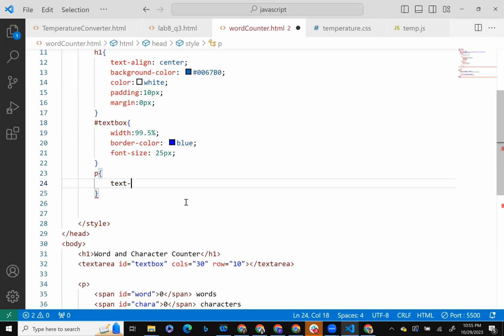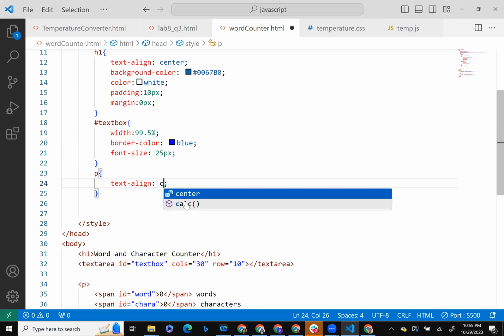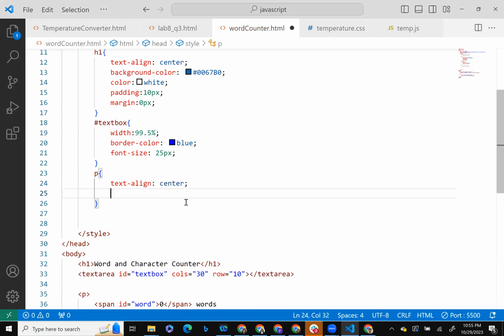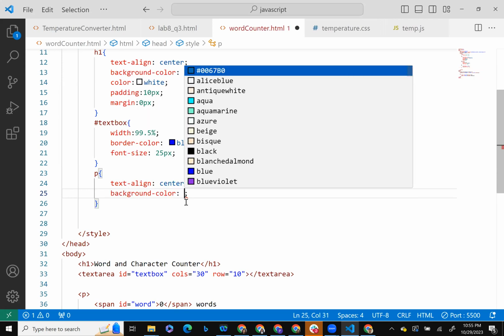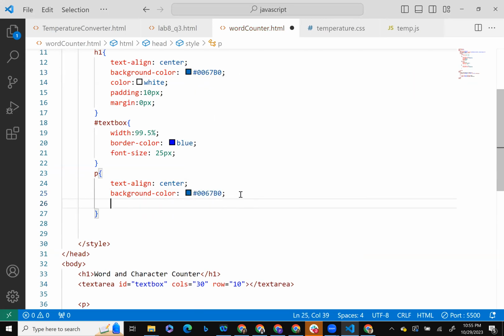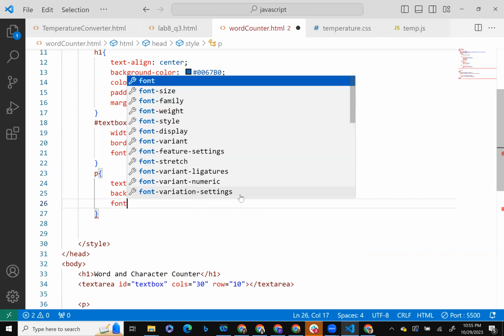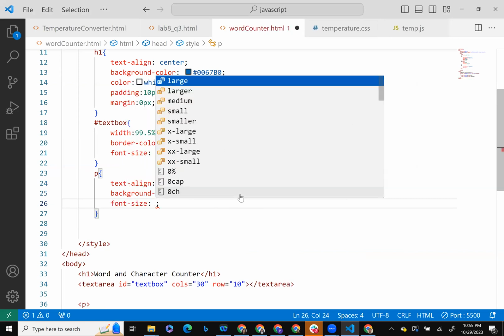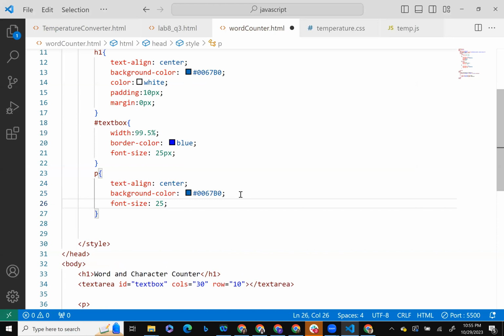So I'm gonna say text align, background color, and I'm gonna keep the same color, okay, and font size, and font size is 25 pixel,